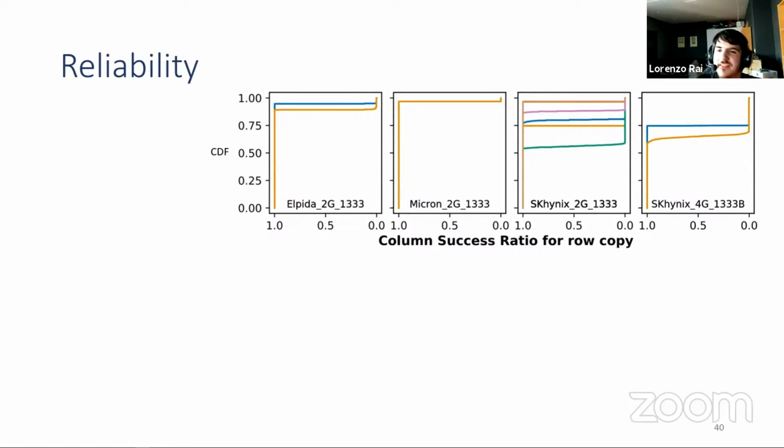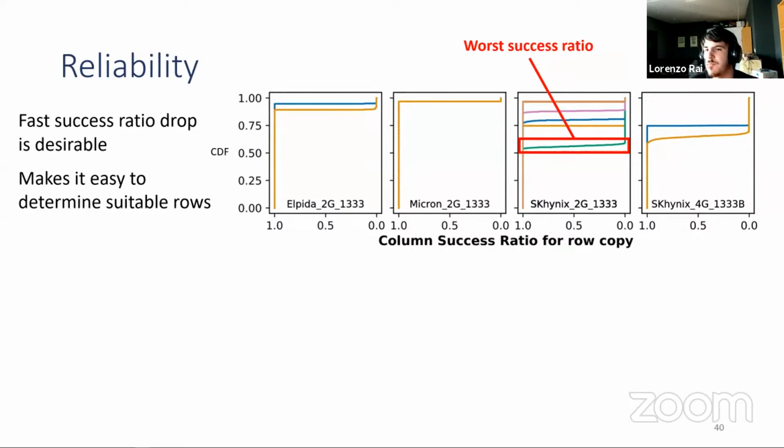Speaking of reliability, here are the charts detailing the column success ratio for the operations. These are cumulative distribution functions. First, let's look at row copy. We can see that the worst module still had over 53% of rows with a 100% success rate. Another feature we would like is a fast success rate drop, as this would make it easier